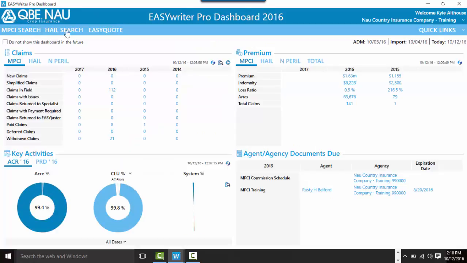Moving back, you'll also notice that within 3 of the 4 quadrants, there is the same icon, which is refresh. So in this case, it would be refresh claims data, refresh our key activities, and or refresh premium data. Now the reason I bring this to your attention is the dashboard will automatically refresh its data every 24 hours. If you would like to see up-to-date live data as policies were either edited, claims were paid, acres were keyed,